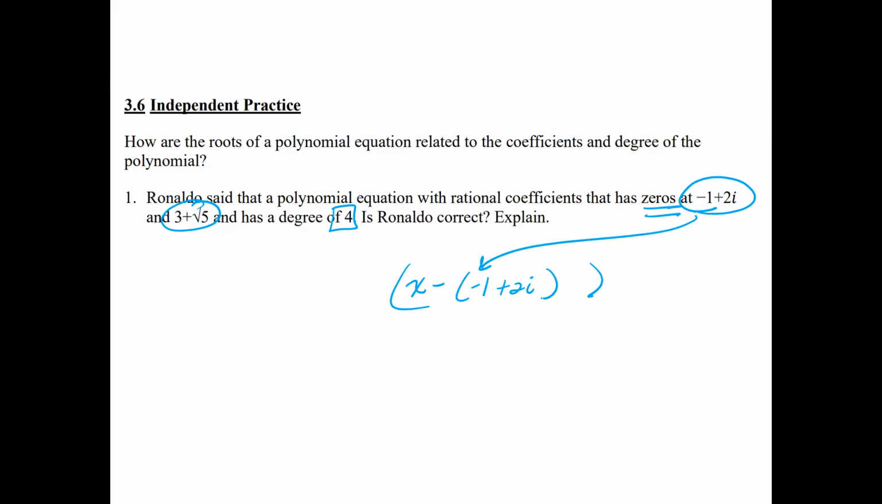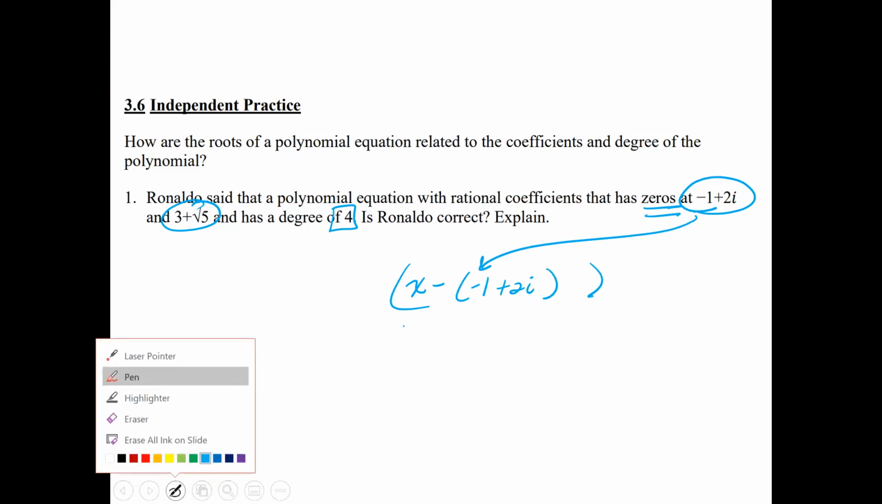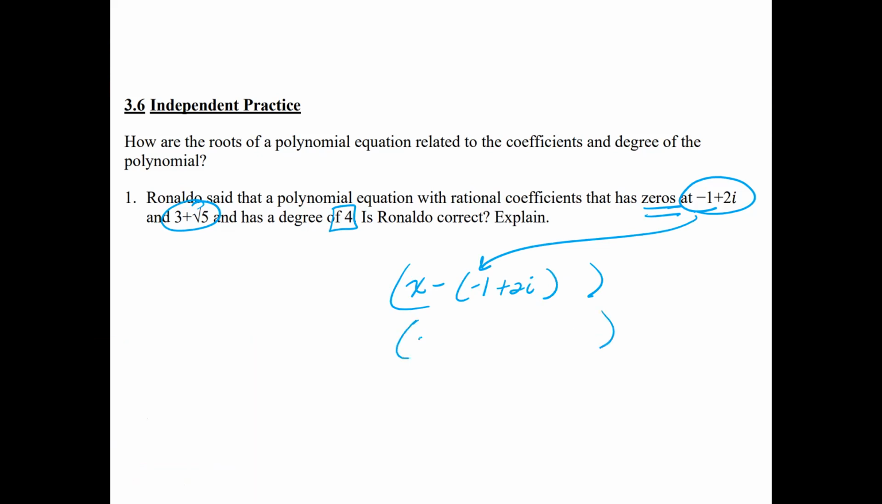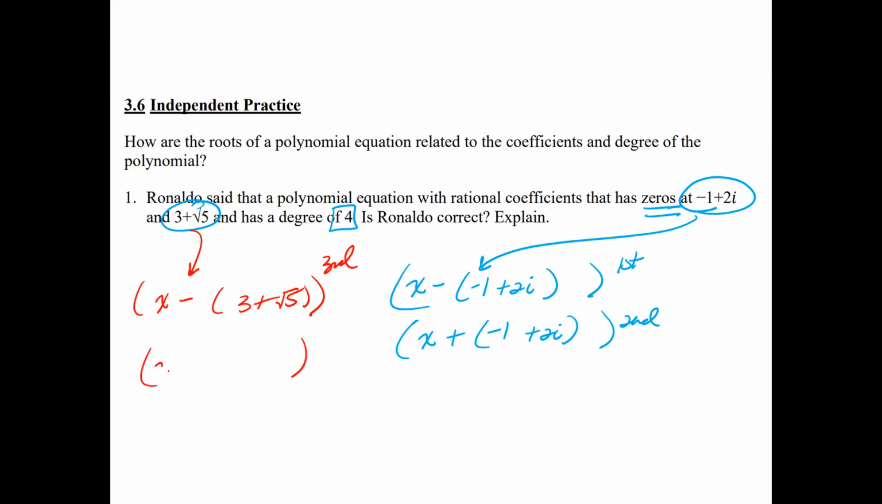plus 2i. And then similarly to that, you know the conjugate root theorem says it's going to be x plus -1 plus 2i. So these are going to be your first and second roots, or I guess it could be degrees once you solve them. Then your third and fourth one is going to be this one here. So you have x minus 3 plus a square root of 5. That's your third. And then similarly to that with the conjugate root theorem, it's x plus